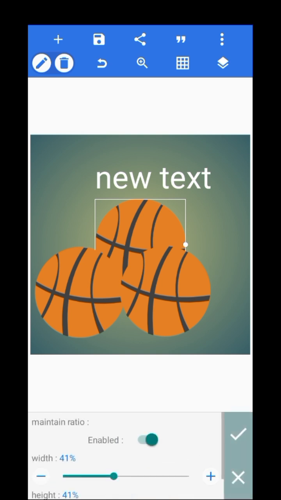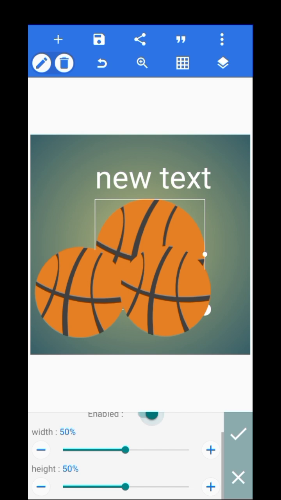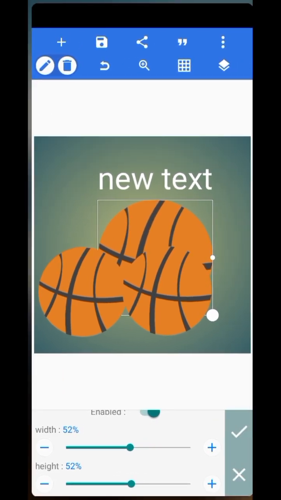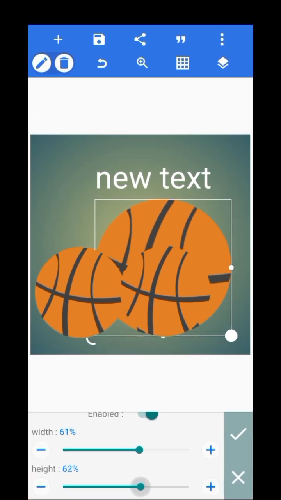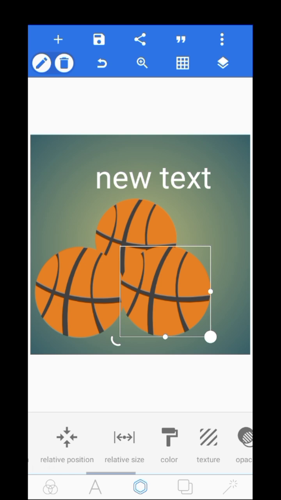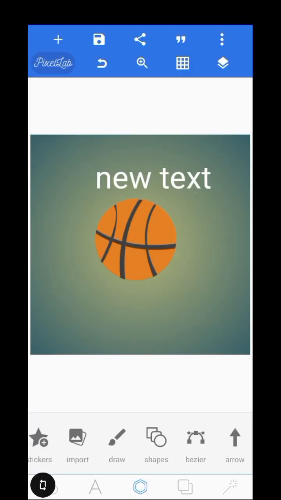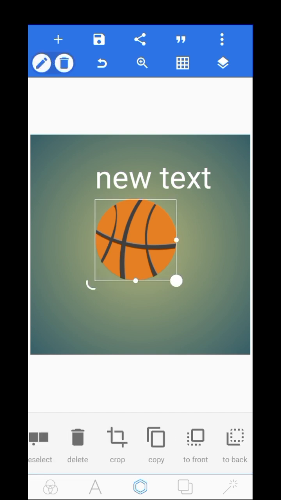Then we have relative size. Use this one to increase the size of your image or your shape or your sticker or object. When you're done, click good. I'll delete this other ball. Okay, so click on the ball again. The next option we have